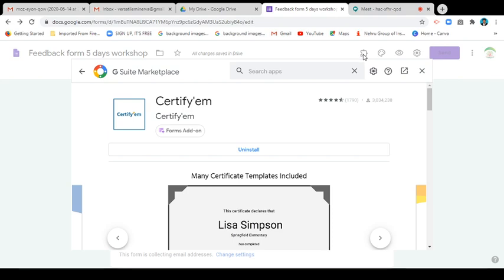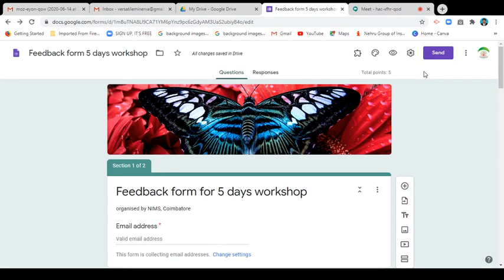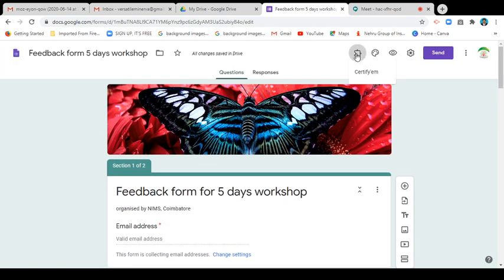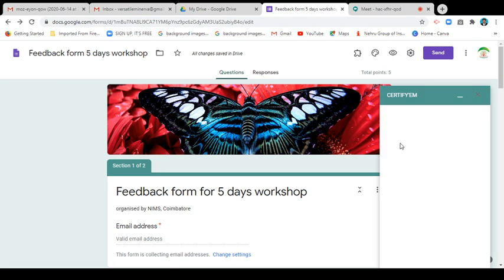Okay, then you can close the add-on service and we enter here. Now you click this add-ons, and you get Certify'em. You have to click, and automatically it asks for the Certify'em controls. You click the Certify'em controls, and you get this box.